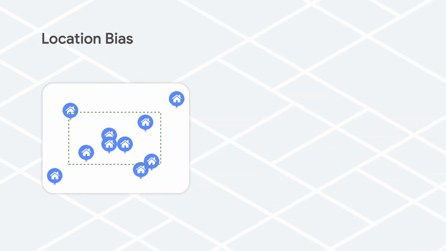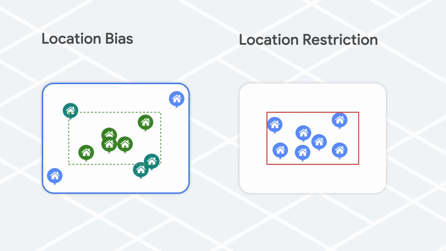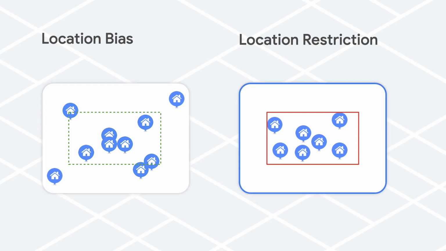The first clue to give is the location boundary. You can use location bias and location restriction depending on how exact you want to be to improve the quality of predictions and keep them to the right geographic area. Location bias allows predictions to come from anywhere, but the predictions closer to the bias are weighted more, so they have a higher ranking and show up closer to the top. Location restriction sets strict boundaries that only offer predictions that fall within the specified zone.